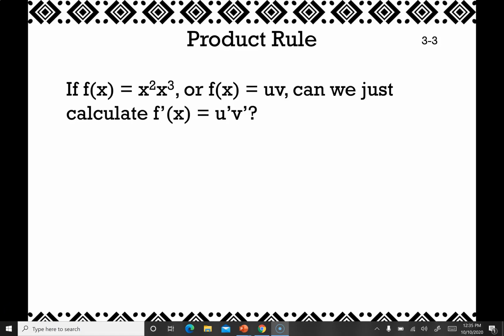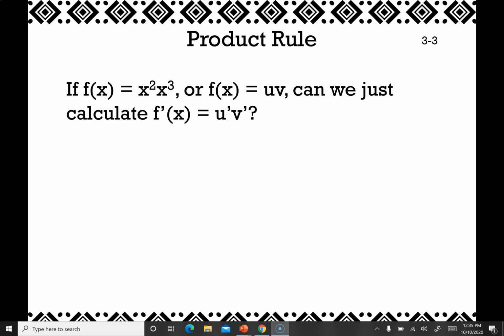All right, ladies and gentlemen, let's talk about the product rule. Product is a fancy word for multiplication. So let's see if this is an easy process. So if f of x equals x squared x cubed, or we can think of this as f of x